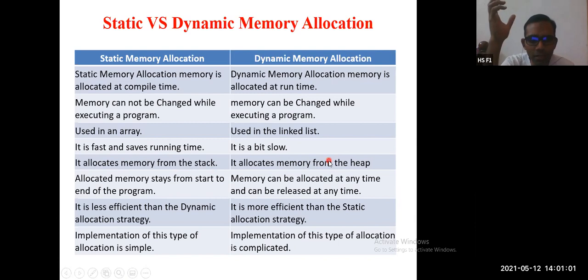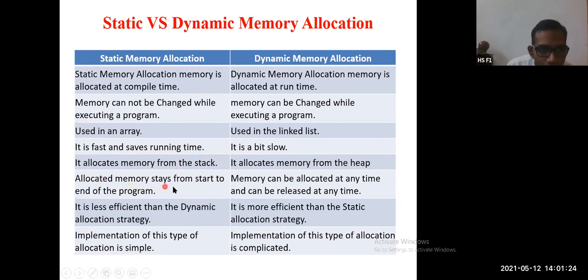Don't concentrate much on that. We have two different types of memory. One is called stack memory, another is called heap memory. What they are and their importance, you are going to study in the next semester. One memory is called heap memory, where dynamic memory allocation is created. The other is called the stack memory, where the normal variables are created.